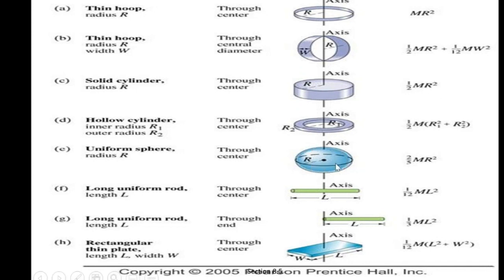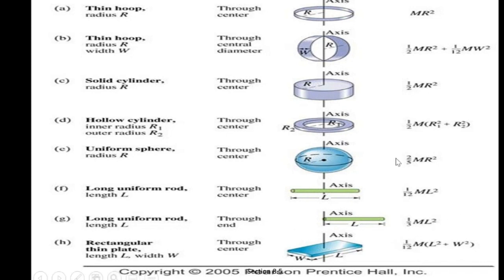The moment of inertia of a sphere is 2/5 mr squared. For a uniform rod with the axis of rotation at the center, the moment of inertia is 1/12 mL squared, where L is the length of the uniform rod. If the axis of rotation is at the end of the rod, then the moment of inertia changes to 1/3